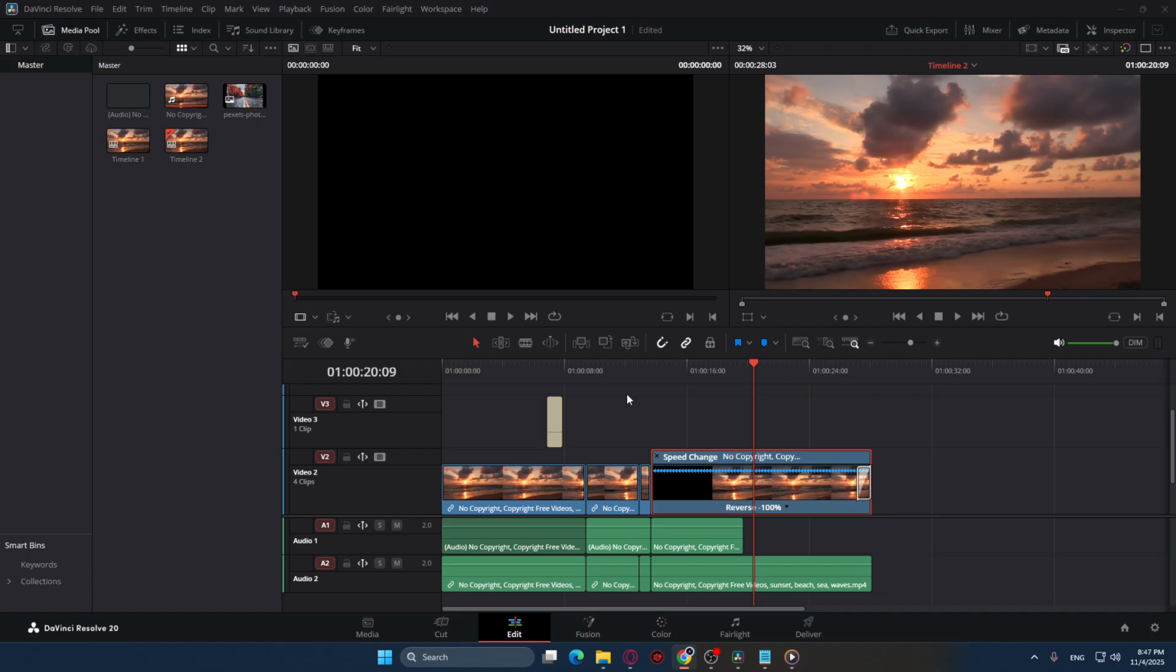This can be either the free version or the studio version, depending on what you have access to. Once you've got the program up and running, you should be able to see your timeline at the bottom of the screen. This is where all the magic happens. It's the area where you can assemble your clips, cut them, and arrange them into the perfect sequence for your